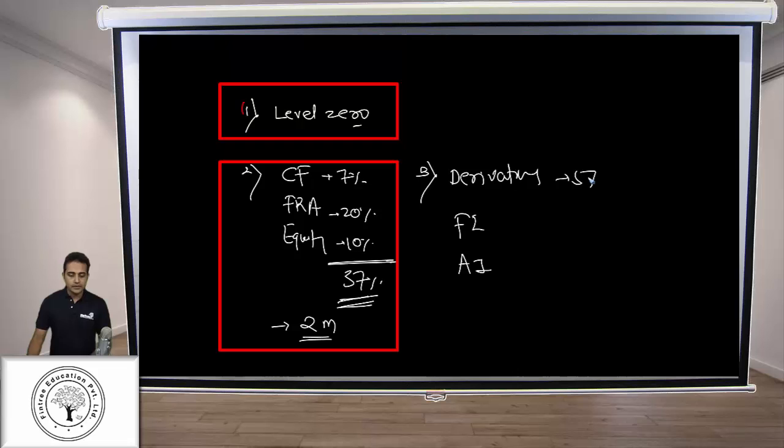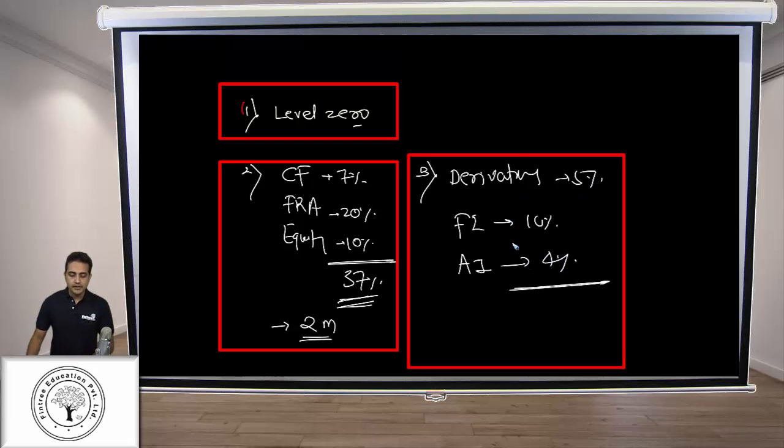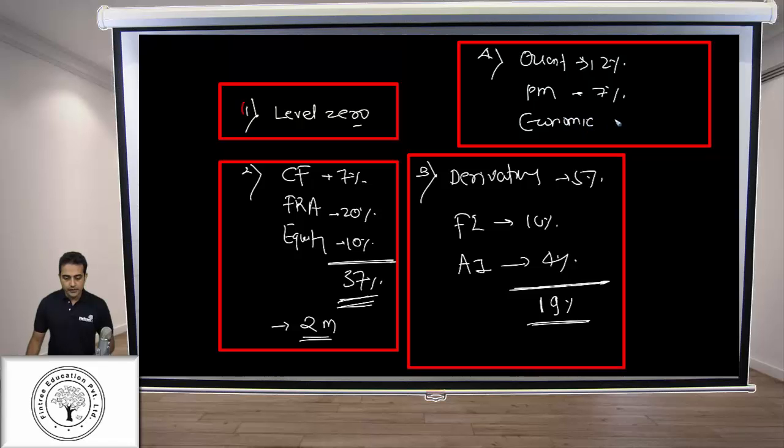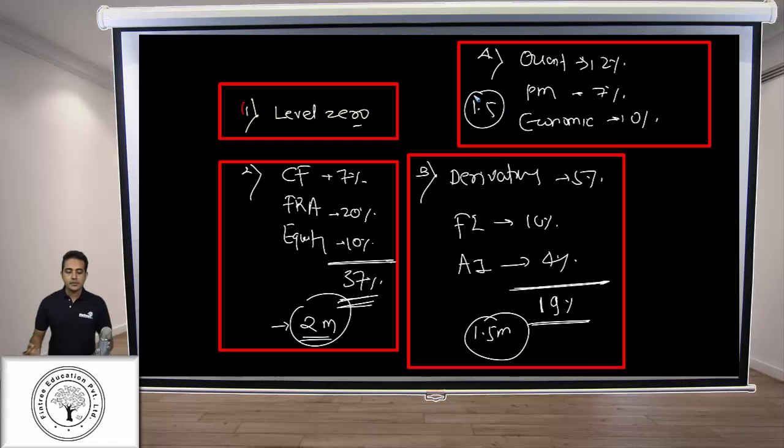So we do all the assets except equity. Derivatives is 5% of the syllabus, fixed income is 10%, and alternative is 4%, which means this block has about 19% of the weightage. And then in the fourth block you do quant 12%, portfolio management 7%, and economics, which is 10%. So you can invest 1.5 month for this block and additional 1.5 month for this block,